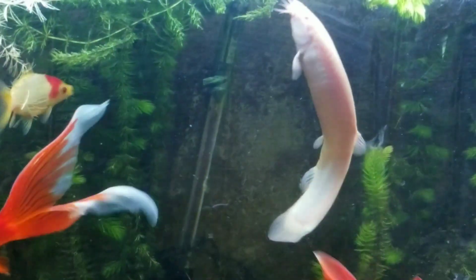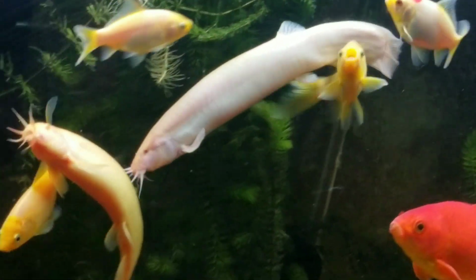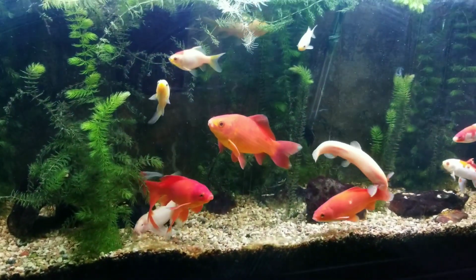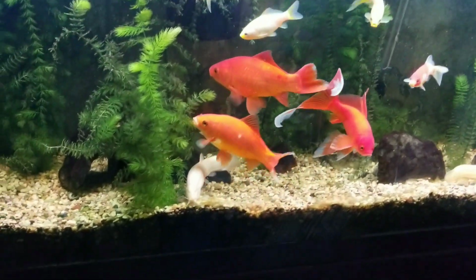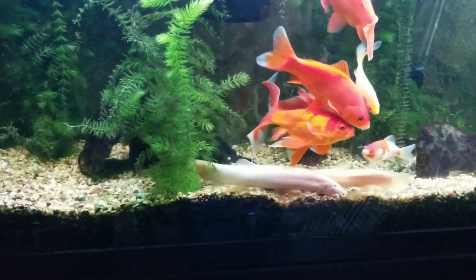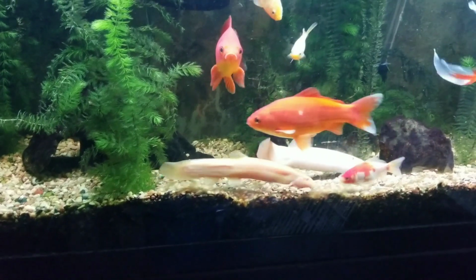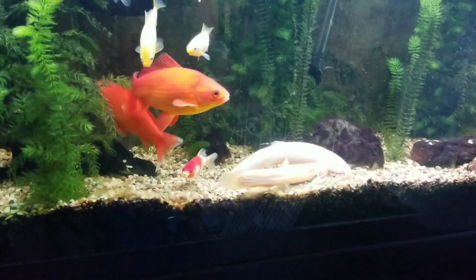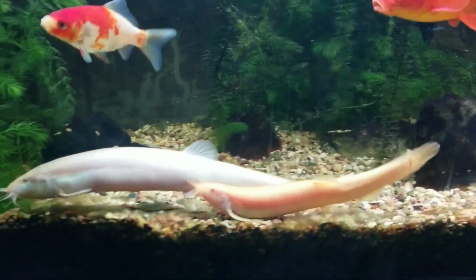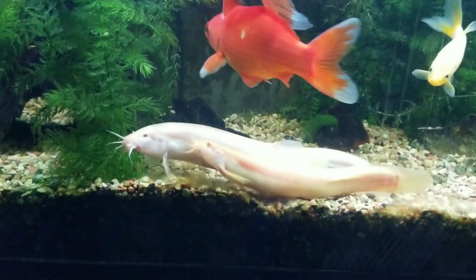I'm really happy. It seems like there's not going to be any issues at all. And I'm just glad I was able to save a fish. Look at them. They're actually interacting. Aww. They love each other now. Wow, this makes me so happy. They are social, so...